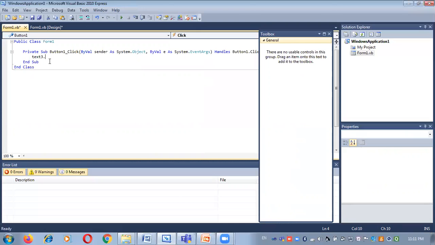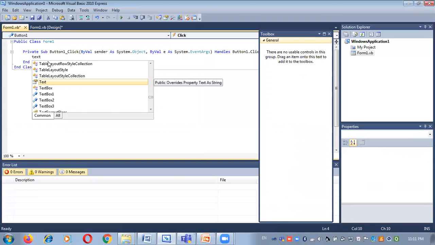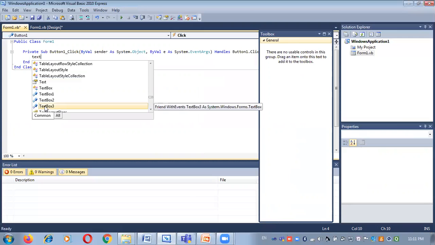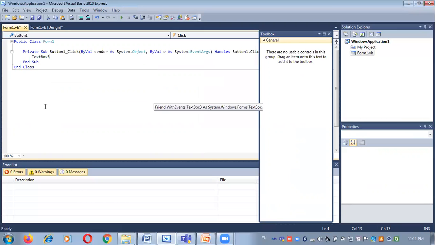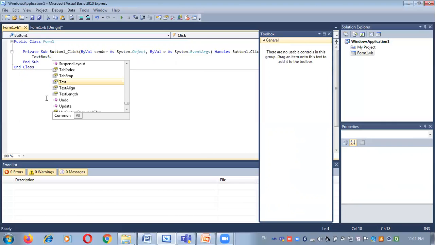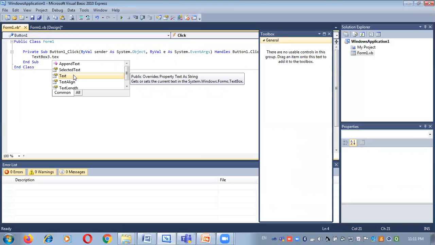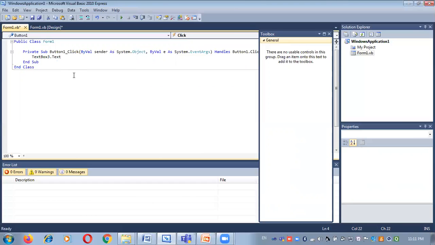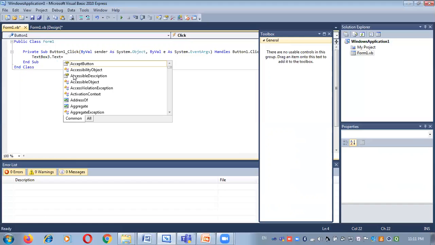I write that the output is displayed in text box 3. That's why here I choose Text3.Text. Here I set the text property of the text box control because the output of text 1 plus text 2 is displayed in text box 3.